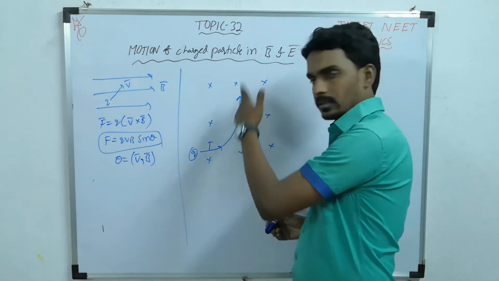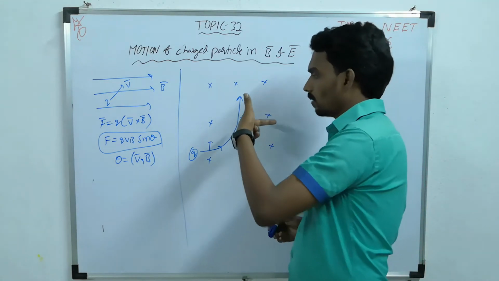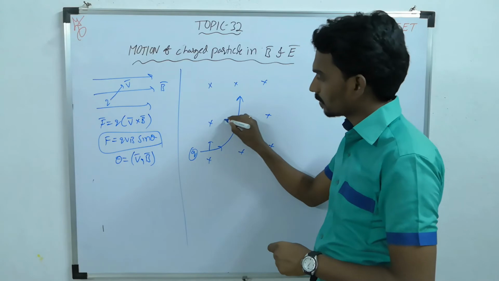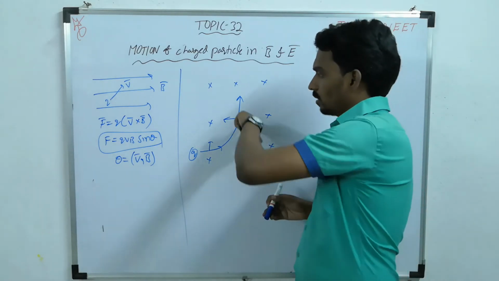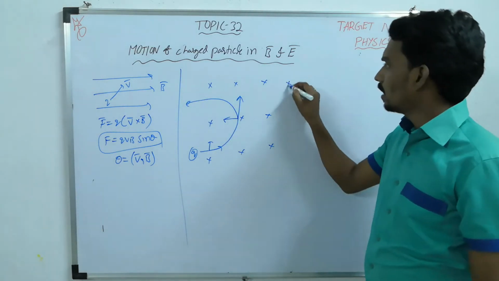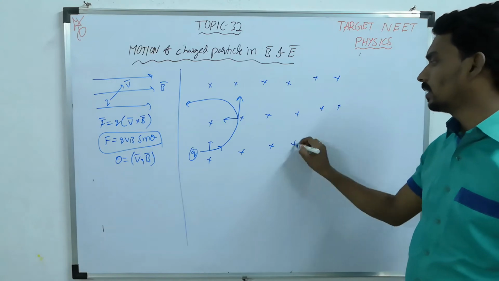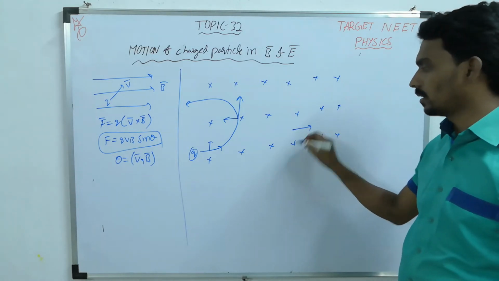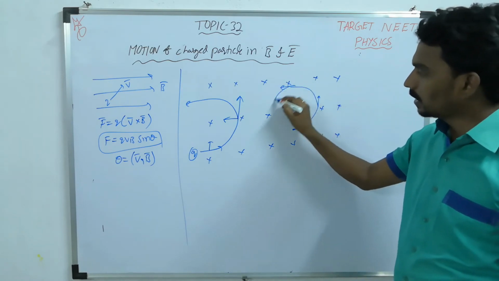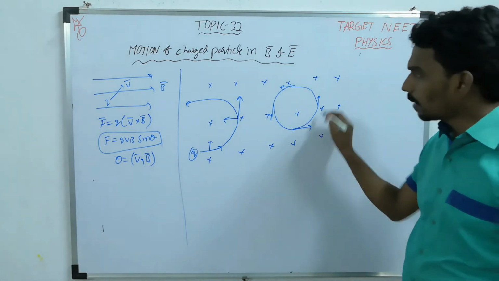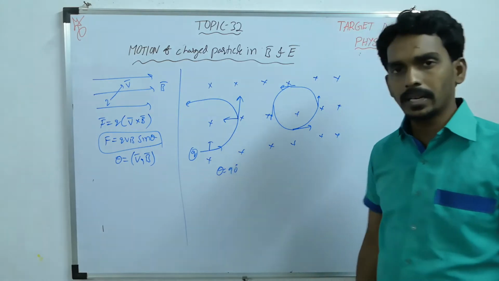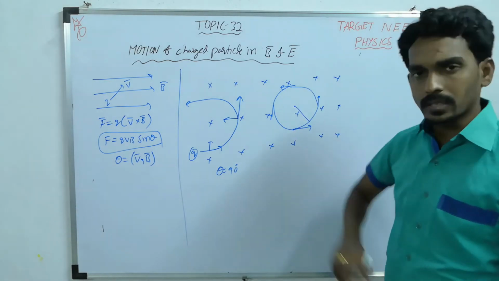At every point it bends. At this point, if you consider field inward and velocity upward, then the direction of force is this way. Now it is bending this way, like this. If you consider the complete magnetic field inside, here it started, then it will bend like this. Here it will bend like this, here it will bend like this, so that it will complete a circle. So when theta is 90 degrees, it will perform a circular path.